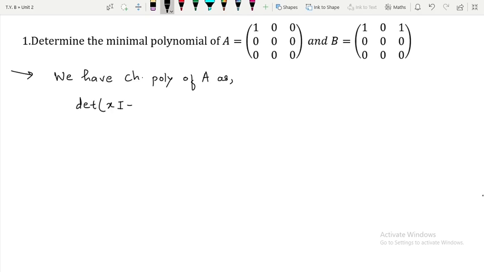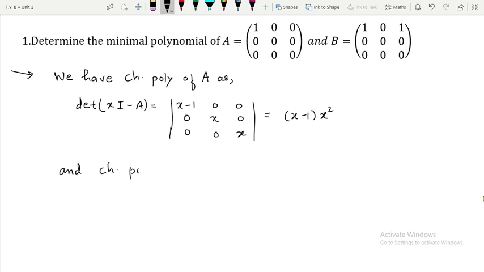So xI minus A is equal to the determinant of x minus 1, and the rest of the entries in the first row will be 0. Over here it will be 0, it will be x 0 0 0 and x. So this will be equal to simply x minus 1 multiplied by x square, as the determinant of a diagonal matrix is the product of diagonal elements, and the characteristic polynomial of B as is given by the determinant of xI minus B, which